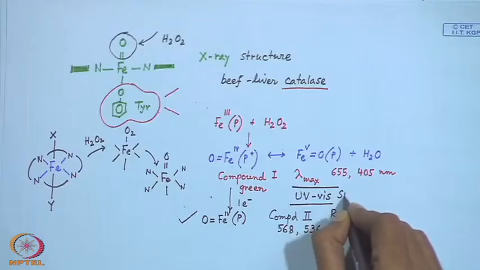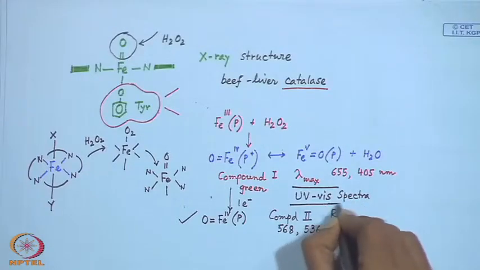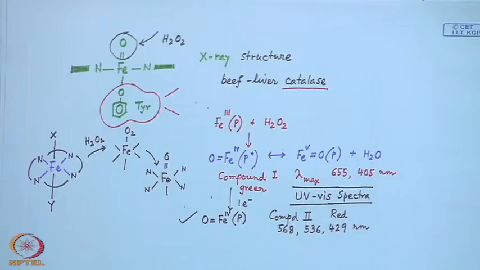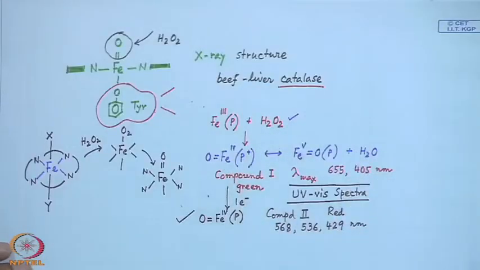UV visible spectra will tell us that you should be able to generate 2 different species. This can be allowed because we are talking about this catalase reaction, where there is one hydrogen peroxide, and we are having one more hydrogen peroxide, because one is getting oxidized and another is getting reduced. So, you have the ferryl iron in your hand, and that ferryl iron